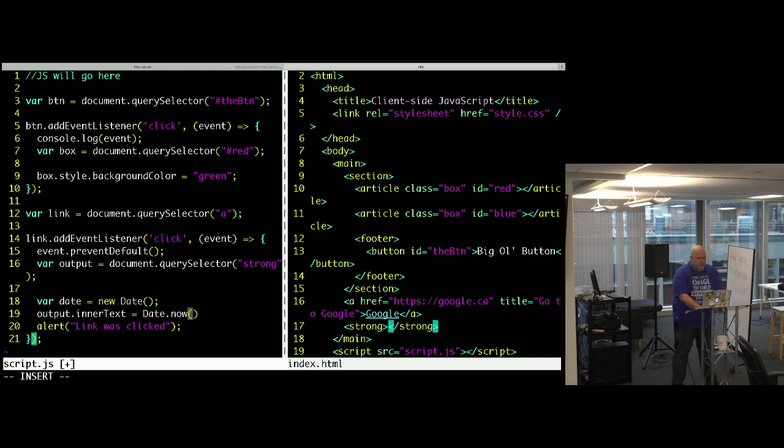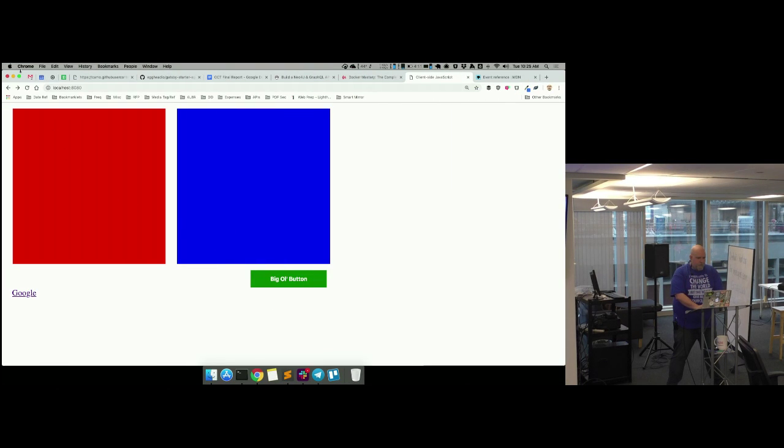I'm going to set it to, whoops. I'm going to set it to this, just, what the time is now. That should work, knock on wood. Carry the 2, yes, okay. So we don't see the strong tag initially because there's no content in it, but it's there on the page. And when I click on that, nothing happens,